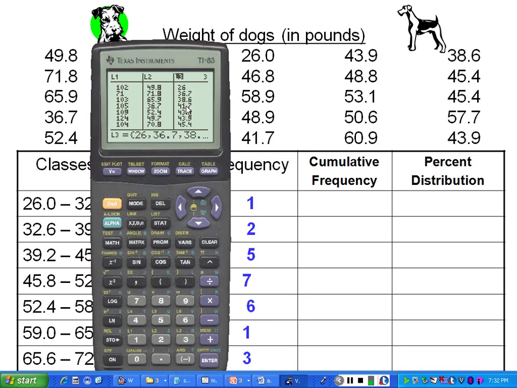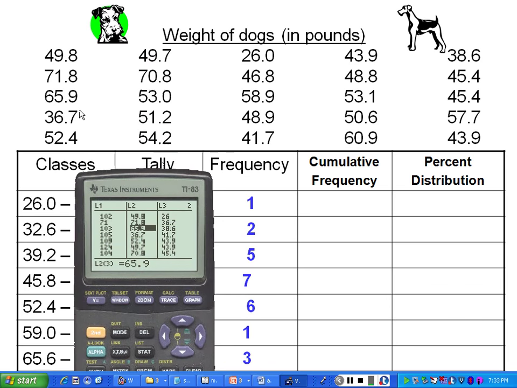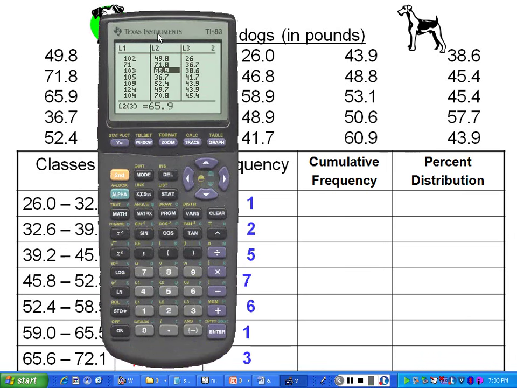Now, do you know how to do that? Nope, never had one. Okay. Go ahead and we go to Stat and Edit. And then you start entering numbers in. So we enter these numbers: 49.8, 71.8, 65.9, and all I'm doing is entering these numbers. It's a data entry. So again, go Stat and Edit,